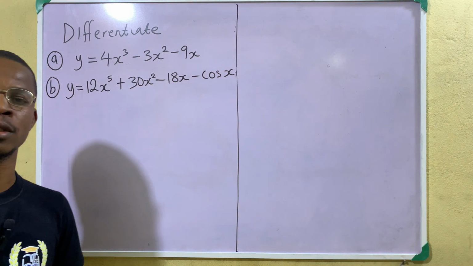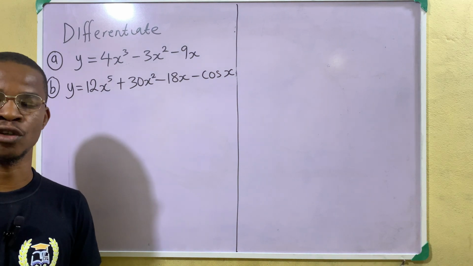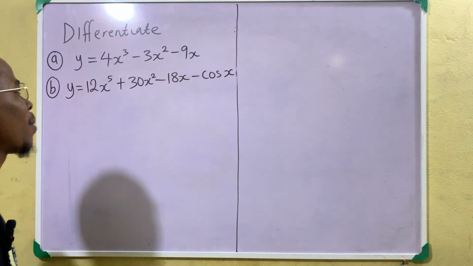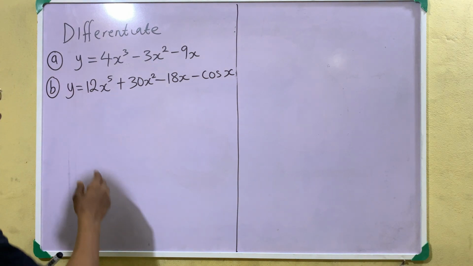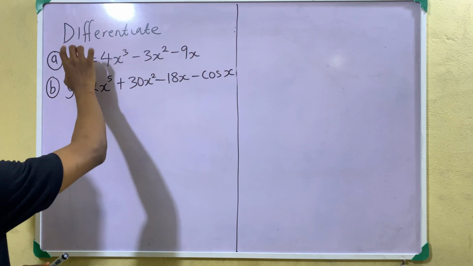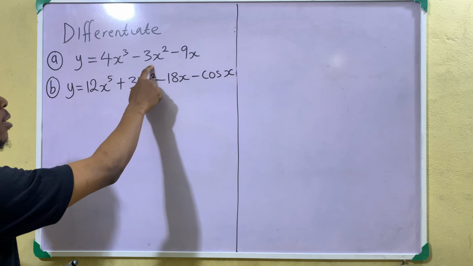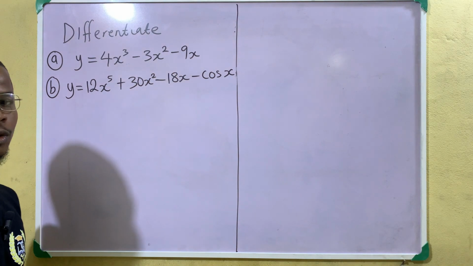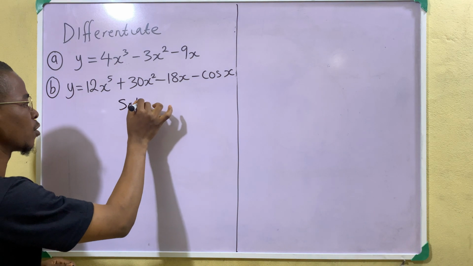Now please take notes. Whenever you have a function that involves addition and subtraction, you're going to use the sum and difference rule. What does the rule entail? It simply means that if you are to differentiate y, this is the function y, you have to differentiate each of these as individuals. That means solution,